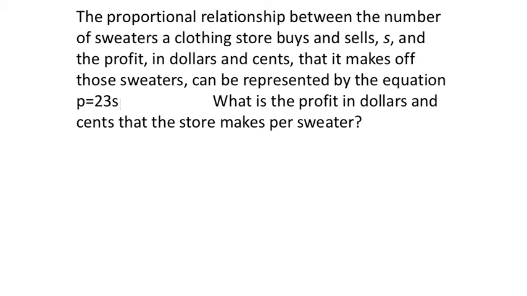What is the profit in dollars and cents that the store makes per sweater? So it says right here, okay, we're looking for the profit per sweater, and so that's actually asking for dollars per one sweater. Hopefully remember that, which tells us that it's actually asking for the unit rate,